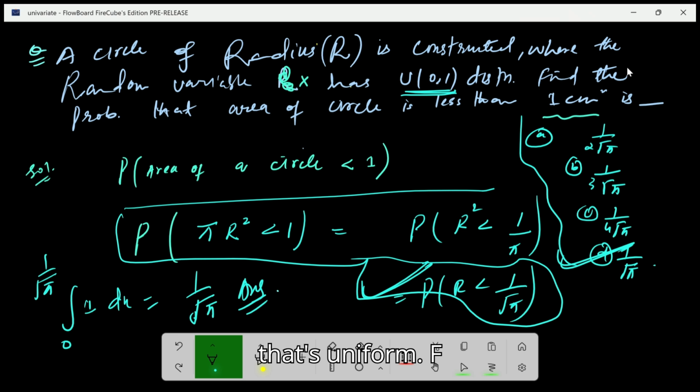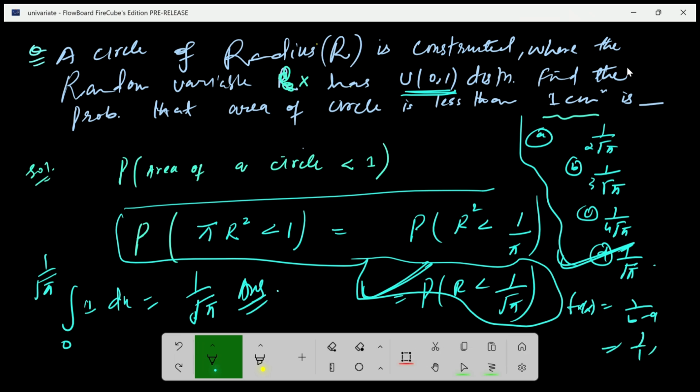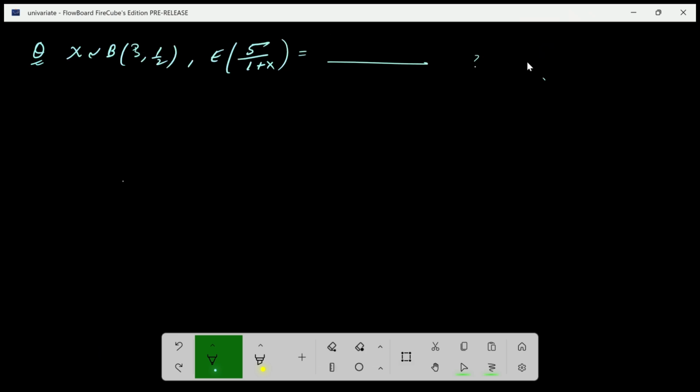यूनिफॉर्म का पीडीएफ क्या होगा फिर, देखो f ऑफ x इज इक्वल टू 1/(b माइनस a), b कितना है 1, सो 1/1। तो इसका जो x का जो पीडीएफ होगा वो है 1, तो तभी मैंने यहाँ पे 1 लिखा। और रेंज तो ये है 0 to, क्योंकि रेंज लोअर लिमिट क्या है 0, अपर लिमिट यहाँ से निकाला ना हमने। सो ये आपको क्लियर हुआ होगा।